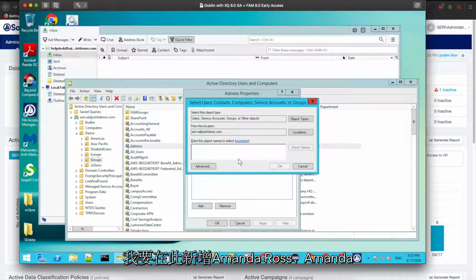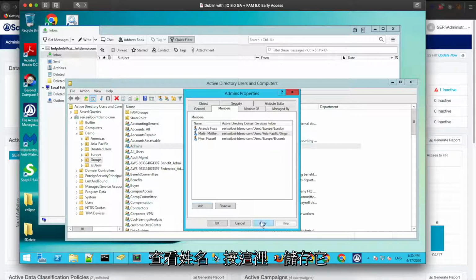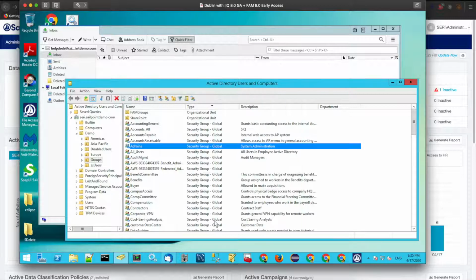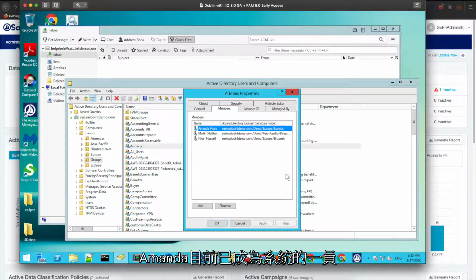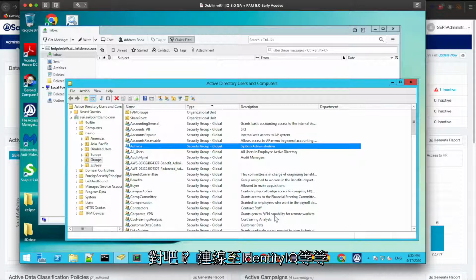Right, so I'm going to add Amanda Ross here. Amanda, check names, and here. I'm going to save it. Okay, so let's review it again. Now Amanda is part of the group. Okay, great. While FAM is performing its magic at the back end, connecting to Identity IQ and so on and so forth,